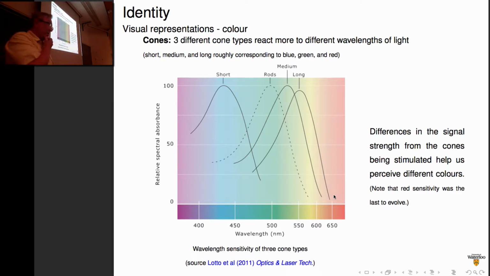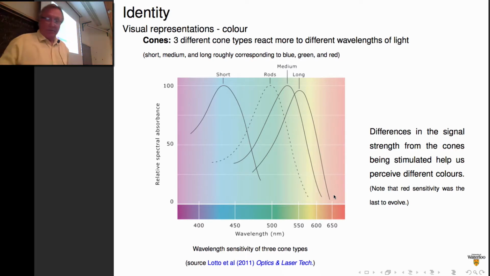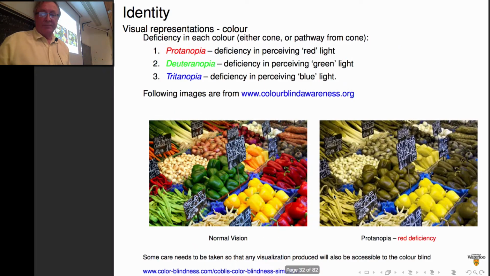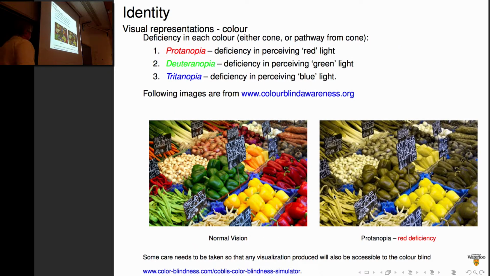Evolutionarily, all apes and Old World monkeys, for example, have three color cones like we do. New World, a lot of them have only two color cones. And if you have a deficiency in any of these cones, it affects the colors that you see. Other animals have lots of different color receptors and have different sorts of vision. So if I'm looking at color blindness, and if you've got a deficiency in the red cone that it's giving you a weak signal,